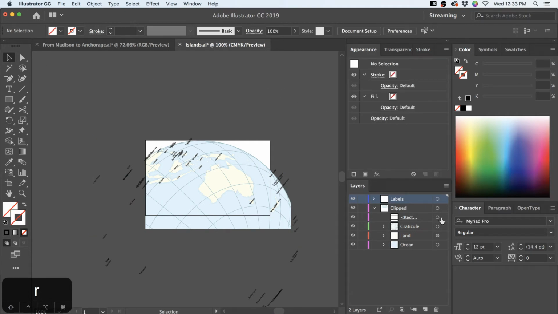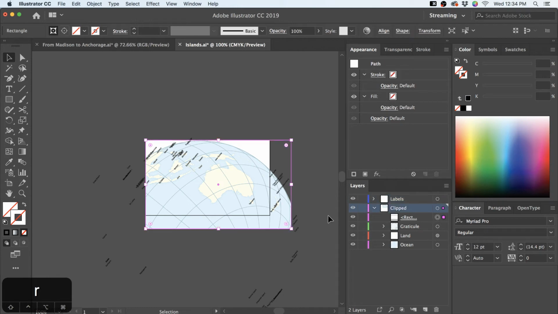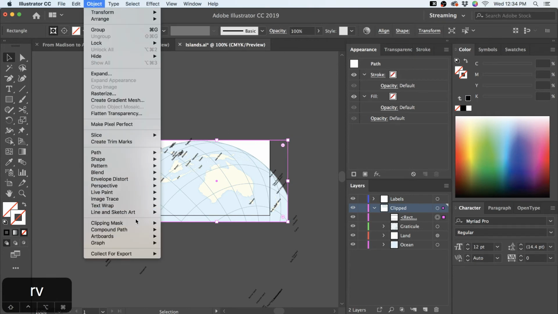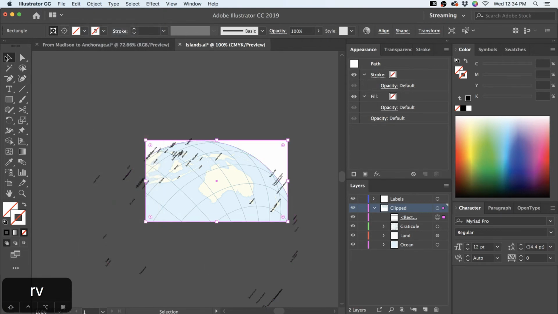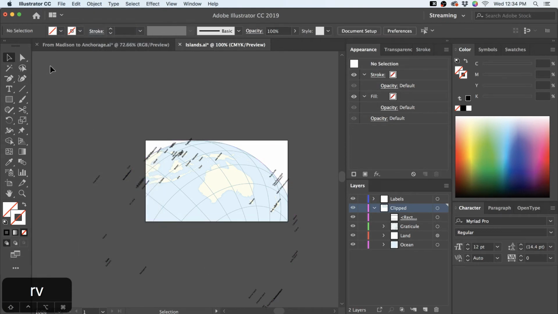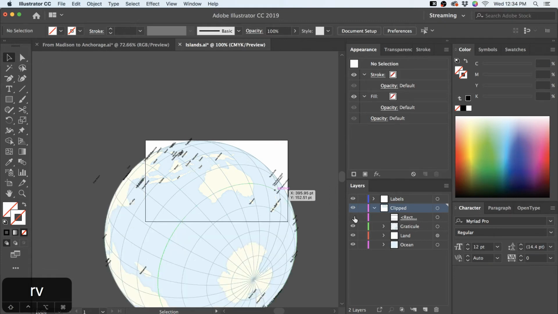All right, so now let me crop my clipping rectangle in, and then I'll auto size my artboard to match that. I've got my clipping mask selected, and I just say, under the Object menu, Artboard, Fit to Selected Art. This matters if I were going to export later, like a JPEG to go on Twitter or something like that, since it clips to your artboard. So I just want to make sure that matches my clipping mask. I really don't need the clipping mask at all because nothing outside my artboard would export. But it's handy for me so that I'm not distracted by all this stuff going on outside here.